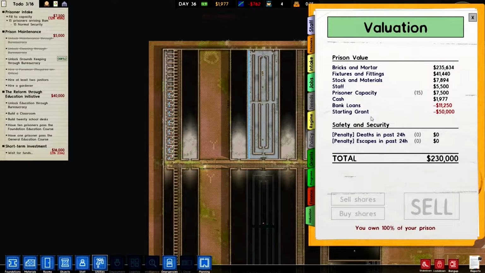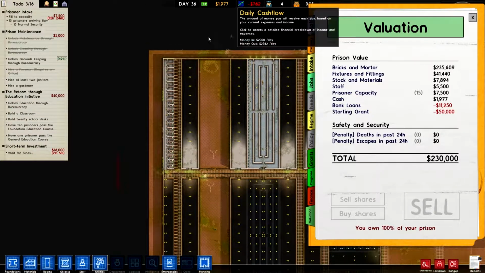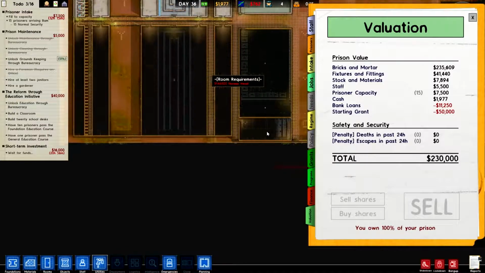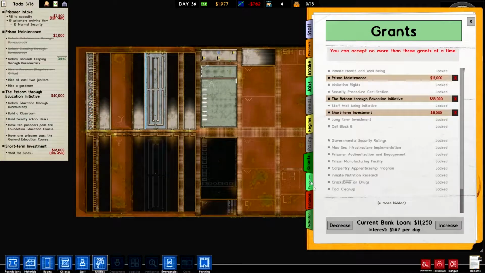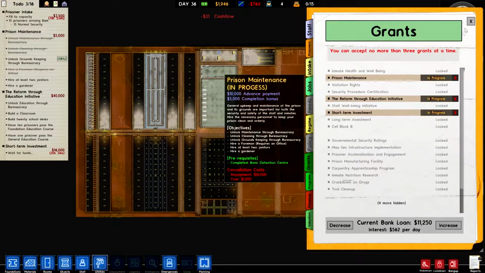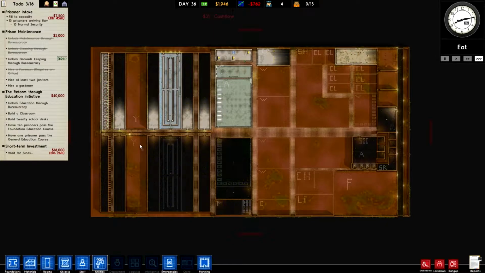Does it tell us how much we can get? No, it doesn't. That's slightly unfortunate, because I believe you get a daily income of a certain amount per prisoner, but this doesn't actually tell us. So obviously I will want to get rid of this loan as soon as I can, but currently I can't do that